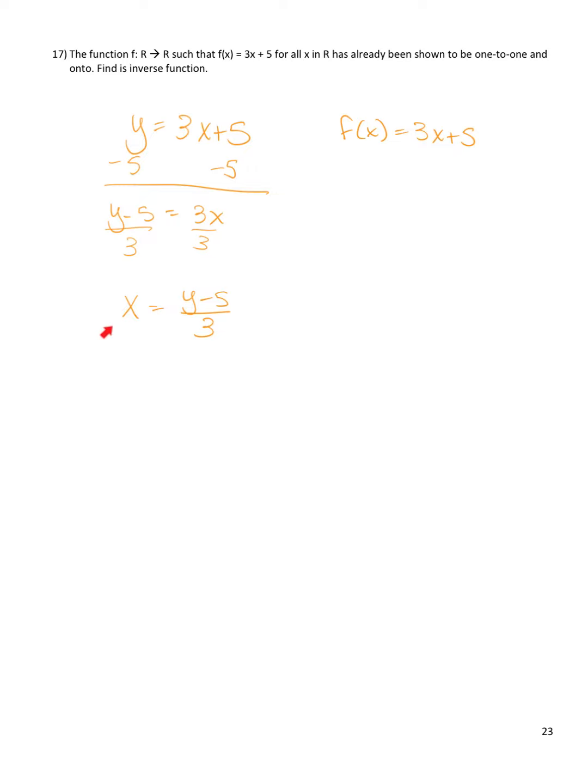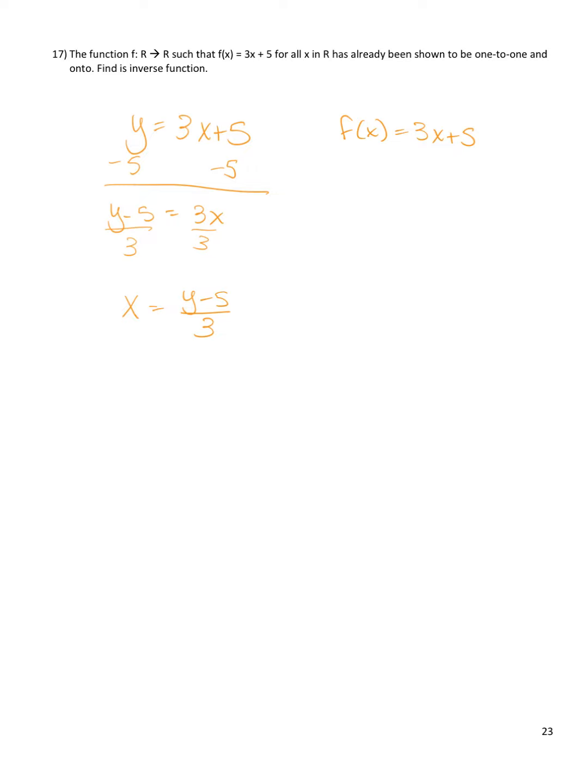So when you write it like this, it's good at conveying that this is an inverse, right? So y is now your input and x is now your output because you're going backwards from the codomain to the domain. But it's not written the way we conventionally write functions, where x is an input and y is an output. So it really depends on the context